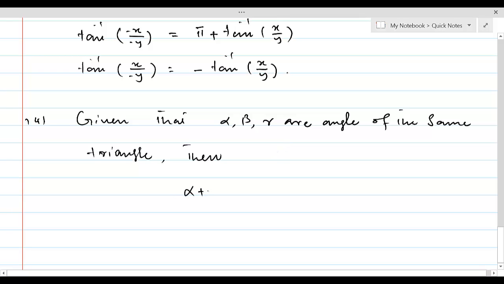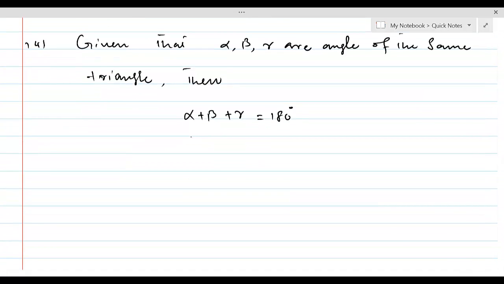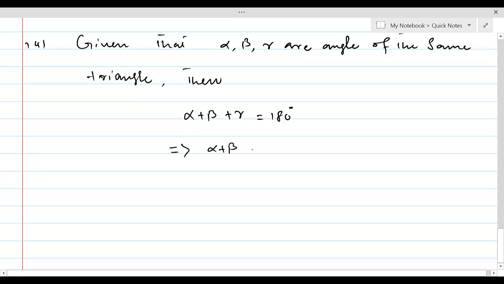Then alpha plus beta plus gamma is equal to 180 degrees. If that is the case, this means alpha plus beta is equal to 180 minus gamma, and if we take